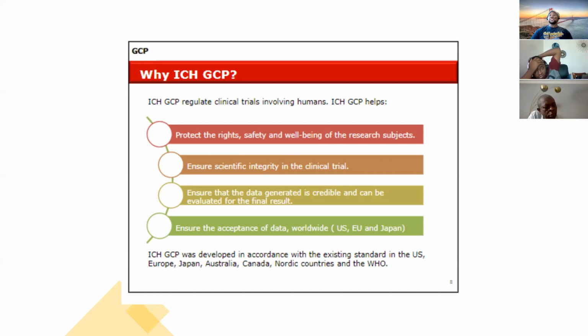ICH was developed in accordance with the existing standards in the US, Europe, Japan, Australia, Canada, the Nordic countries, and the World Health Organization. So the intention of ICH, the International Conference on Harmonization, is to make sure that the data obtained from clinical trials conducted in the United States is acceptable. It's acceptable at the level of,